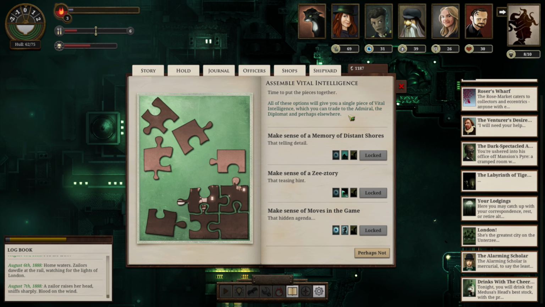I also, as much as the Admiralty has been paying our bills, I kind of want to go elsewhere. I want to see if I can use any vital intelligence that I pick up. Maybe with the diplomat, maybe I try to create my own information networks. The Admiralty is,